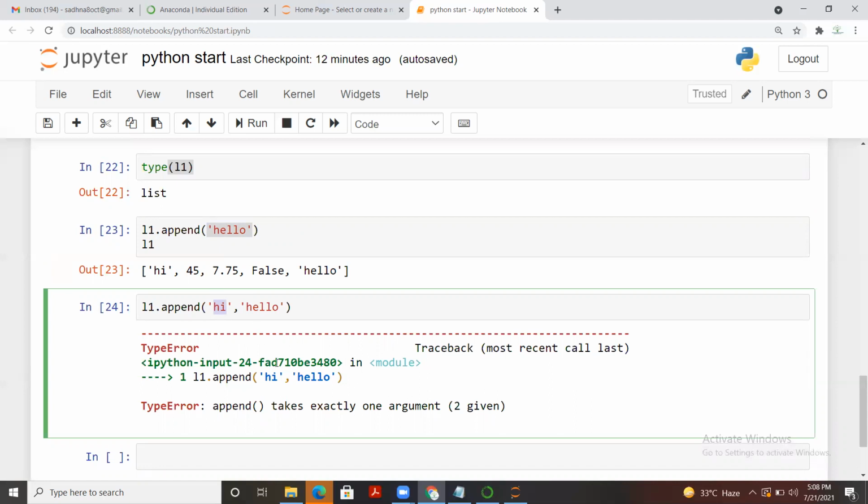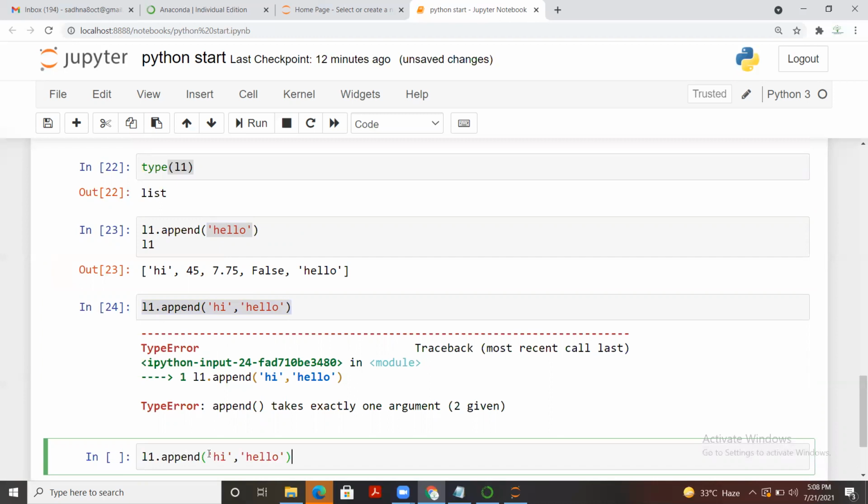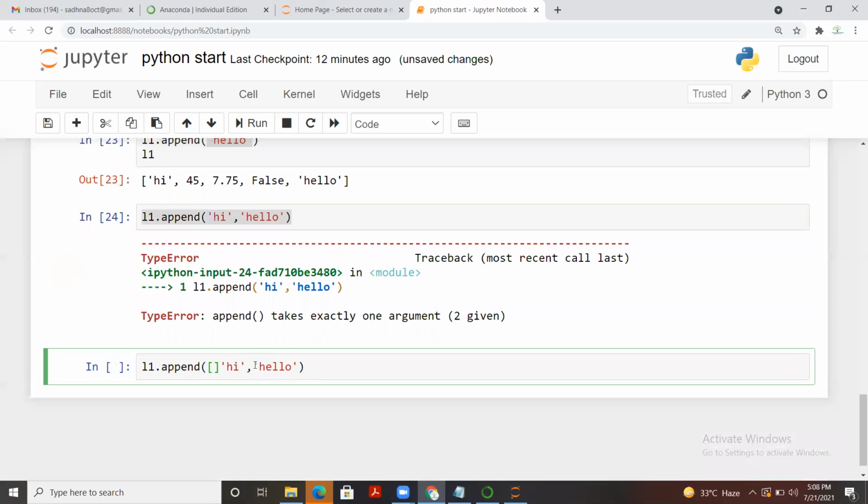Now let's say I pass this value, let me copy and paste it, and I put square brackets around it like this. Let me scroll a bit down. I have put hi and hello in a list.